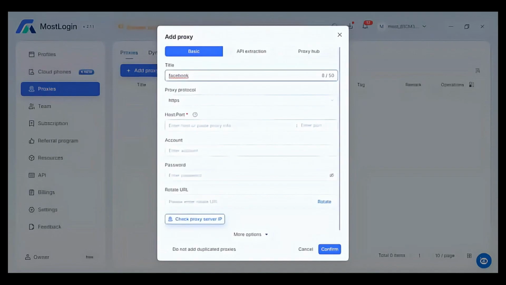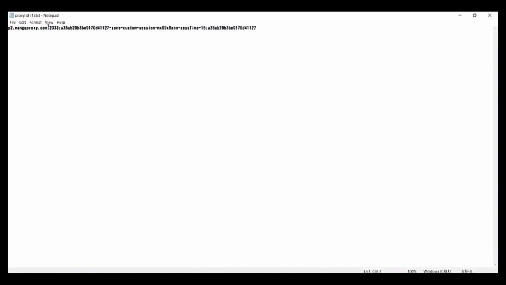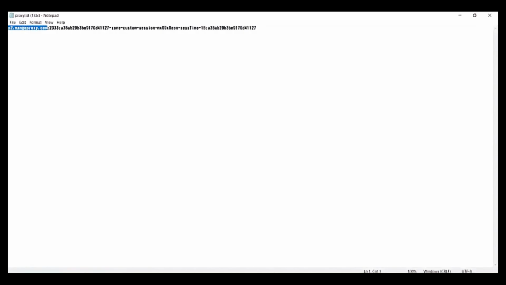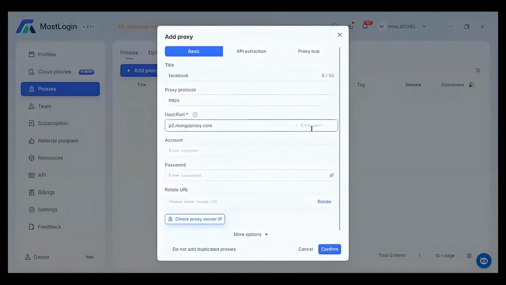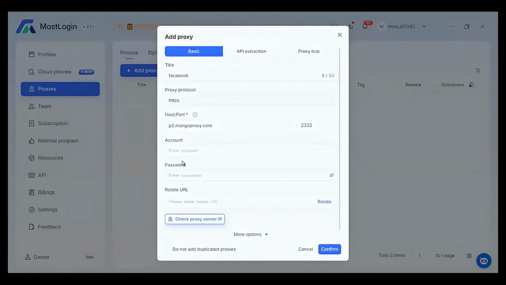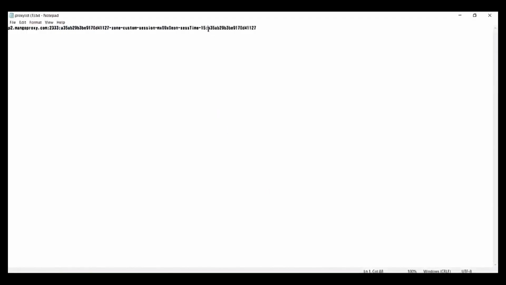Now I'm going to go back to my notepad here and copy this and go back to my Most Login and paste it on my host, and then go back on this area and copy the port number, go back here, paste it here, go back again. This is my username, I'll paste it on my account, and go back again. This is my password,